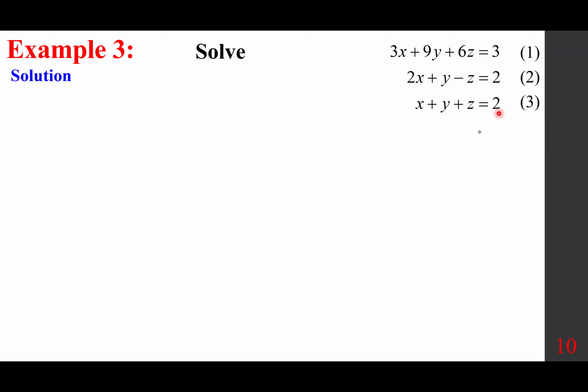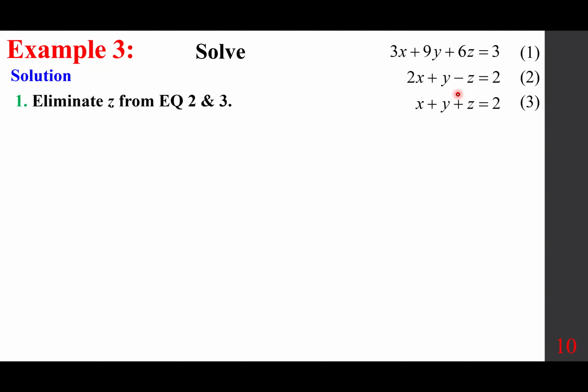Which variable do you want to get rid of? See, it's easy to get rid of the z right here without doing anything. But if you decide to get rid of the y, that works here too. You multiply this one by negative, let's say. If you want to get rid of the x, that works out. You can multiply this one by negative, get rid of the x, and so on and so forth. But just the way it is,